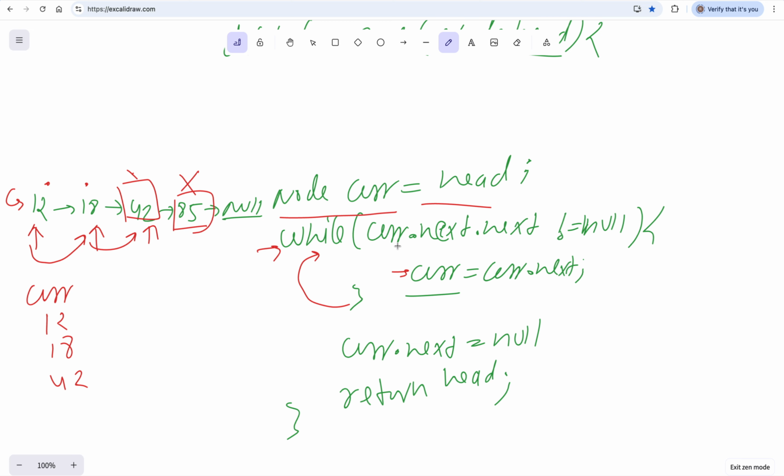And now we will see this again. This will come here, and this will check current dot next. Is it null? It's true actually. So we will come out of this particular point, and this is your current currently. Okay, so current is 42, and in the 42 your next is null. So what you will do, you will point this particular node to null. Once you point to the null, this link will be broken. Okay, so that's what our